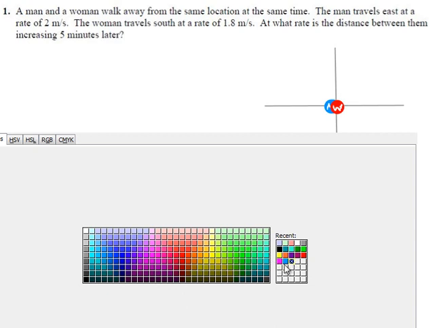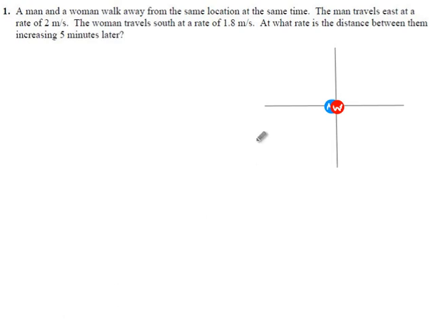Okay, a man and a woman walk away from the same location at the same time. So we start out with these two people co-located, crammed together at the origin. And let's see, he goes east at 2 meters per second. So he's going to end up over there someplace, and he's going to keep moving east as time goes by. And she goes south. She marches south like so, and